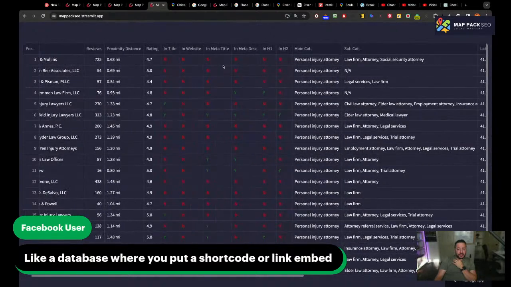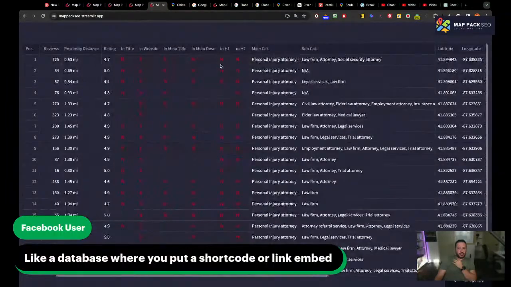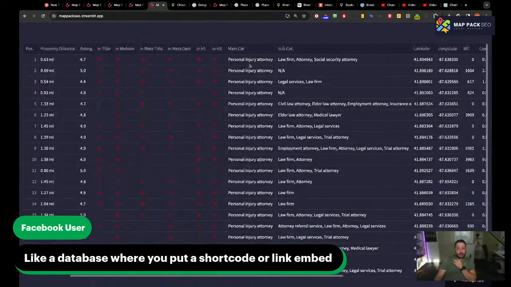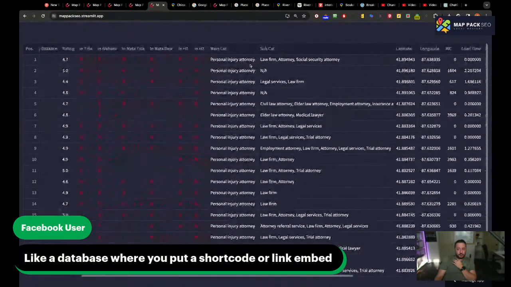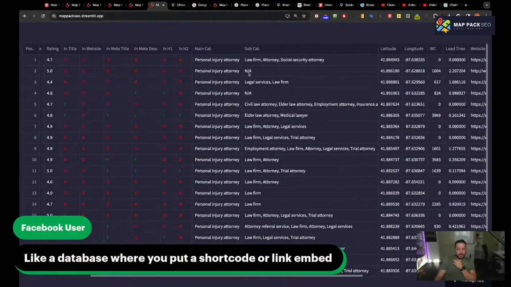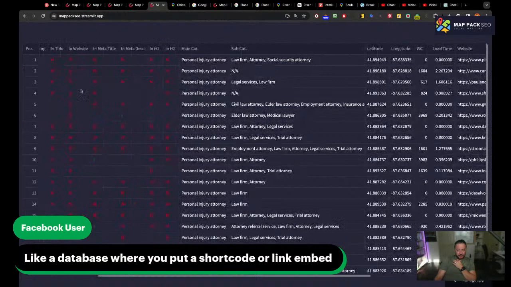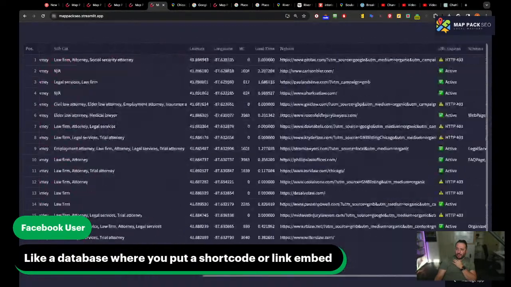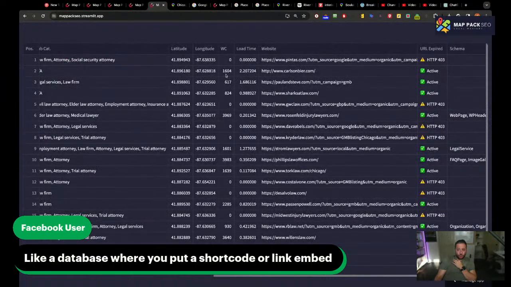If it's in the meta title, if it's in the meta description, and if it's in the H1 tag or H2 tags. And then we have the primary category, and then it will show you the subcategories. You'll see like these guys are missing some opportunities to overtake him basically with some titles and adjustments that you could do on this big keyword. And then if you look at the end right here, we have the word count.